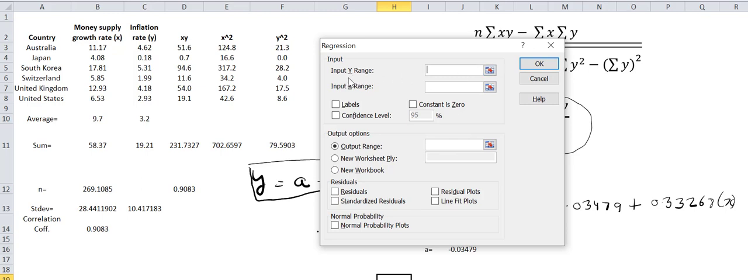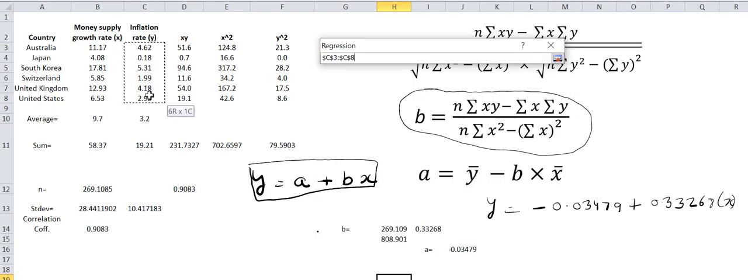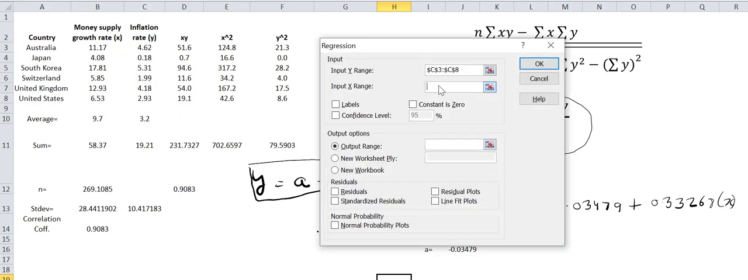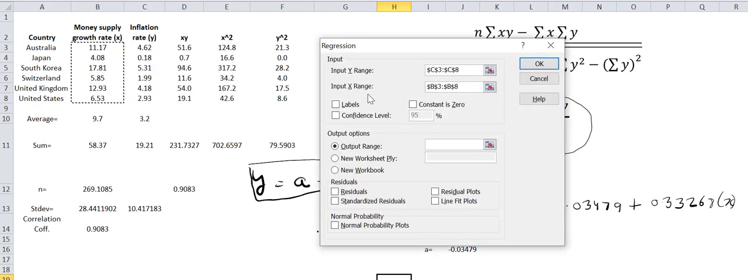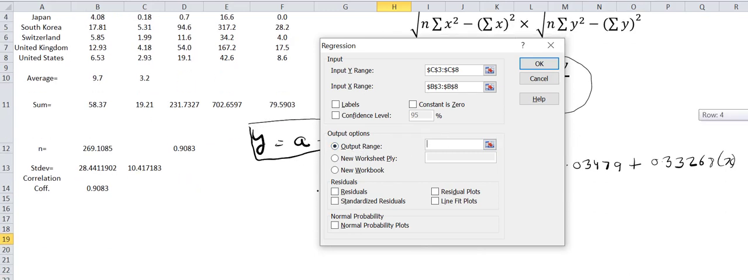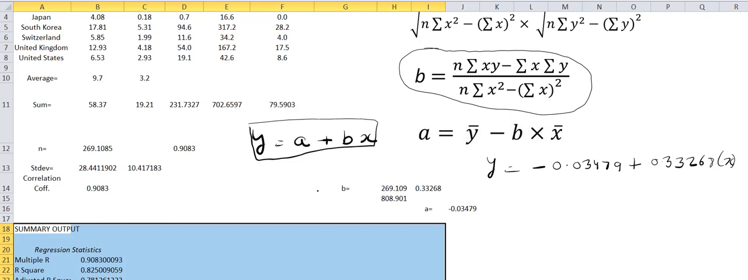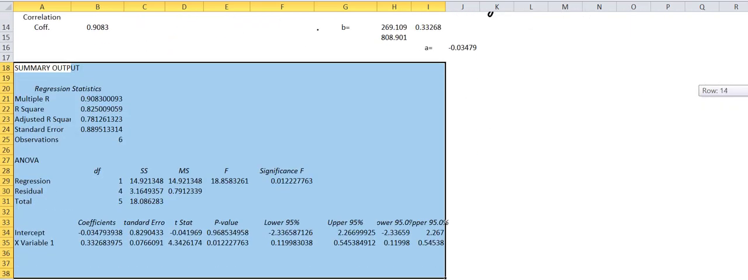Now it asks me to enter the Y range. So Y range is my column C, so it will be from C3 to C8, and then it asks me to enter the X range, and X range is B3 to B8, and then it asks for the output option. So I'm going to have output on the same sheet, and I would like to have my output somewhere here. So let's hit OK. So here is the regression analysis done by Excel,